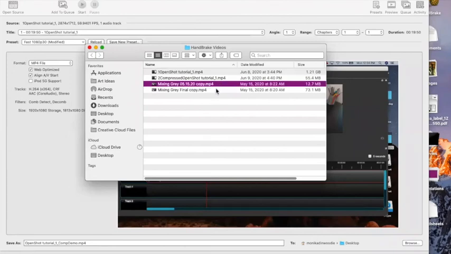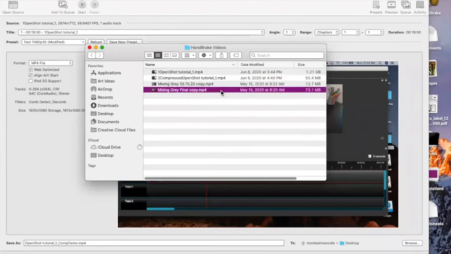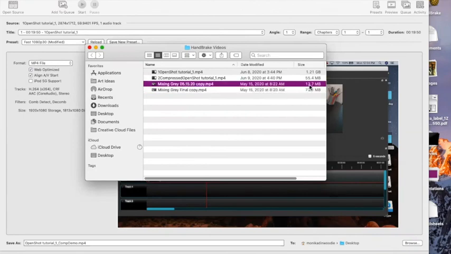And then for these two videos, this final copy is a video that I created for an instructor, and it originally was 73.1 megabytes, and after compressing, I was able to get it down to 12.7. Again, that's a pretty big difference, and that's a lot more compatible for Learn and for students to run from their laptop, and it'll just be a lot more ideal